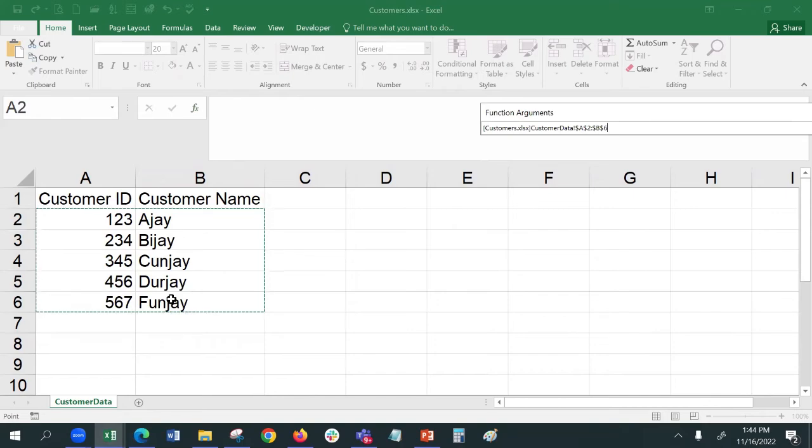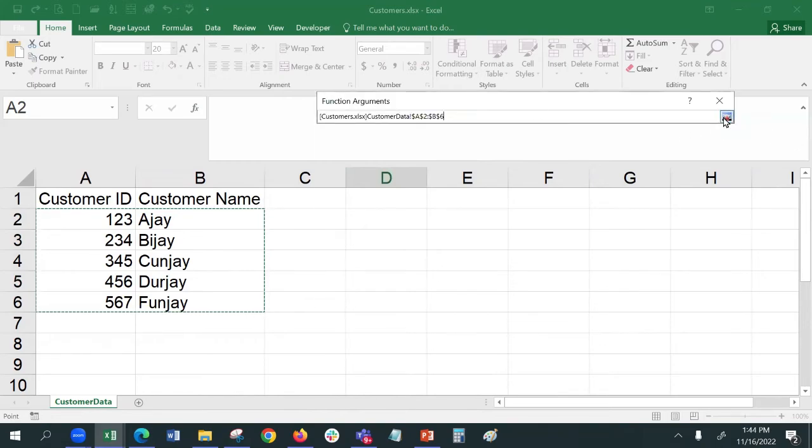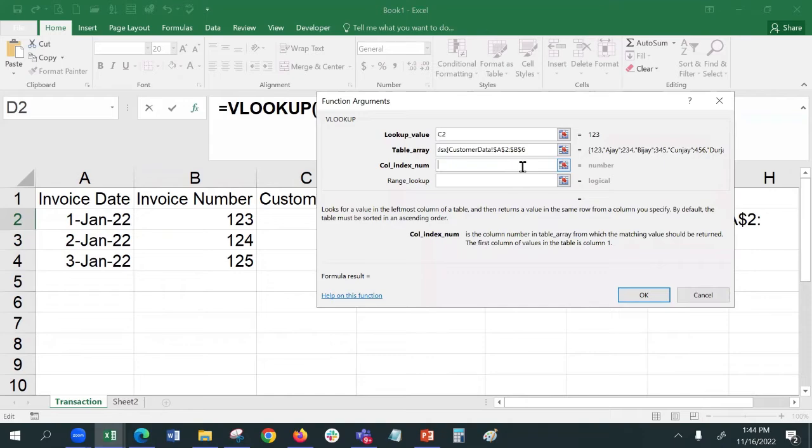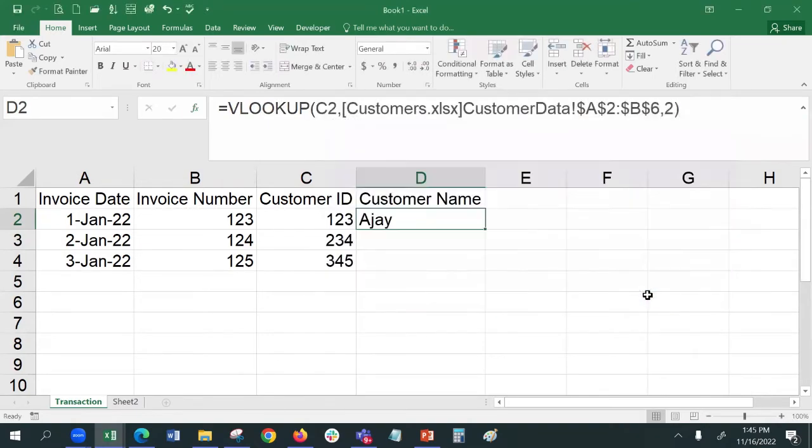Now, it would be good if you have a named data range, then you can directly refer to it. Otherwise, you could just select it manually. Then you mention which column number you need. You need the second one. So you see already Ajay has got populated, which means this is working fine. And I say OK. And since the range is locked, I can just drag it